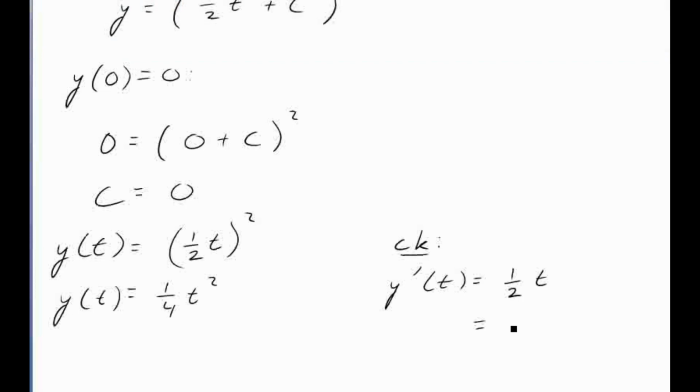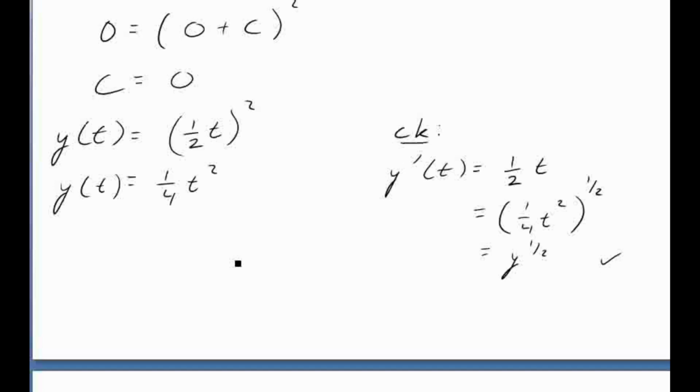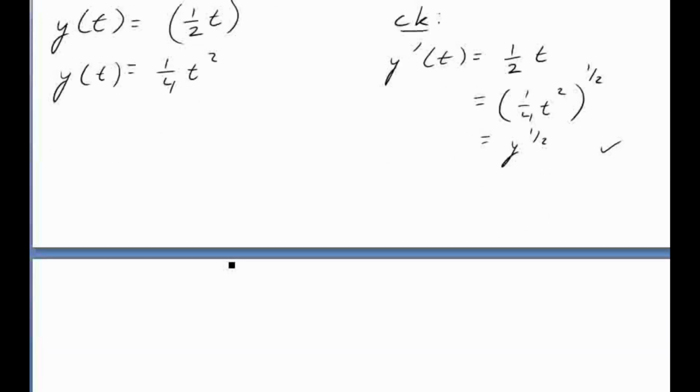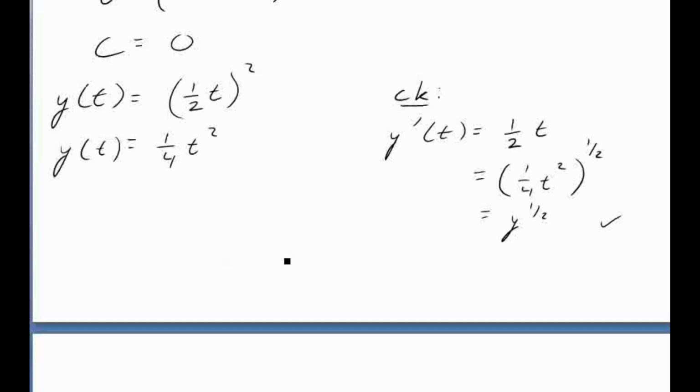So that is clearly the same thing as 1/4 t squared to the 1/2, which is equal to y to the 1/2. So yep, it checks out. The derivative does match what we have, and of course the initial condition would be satisfied. Okay, so that's all well and good. It went by the book. There was nothing too controversial in that, but